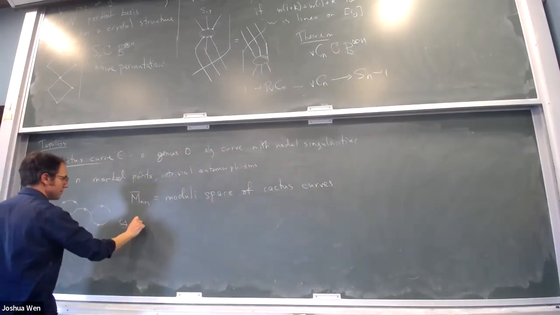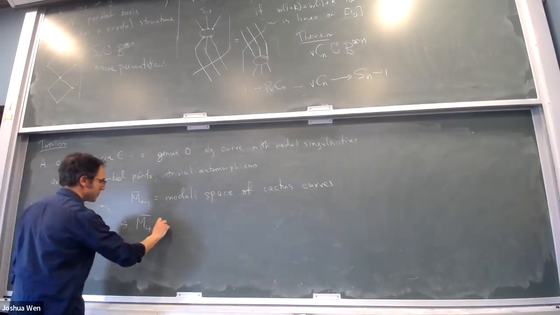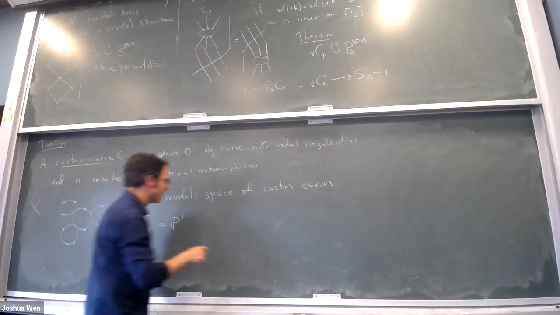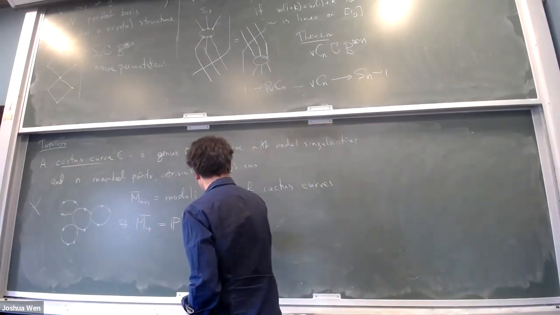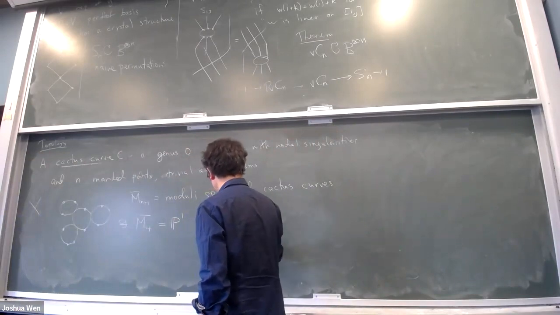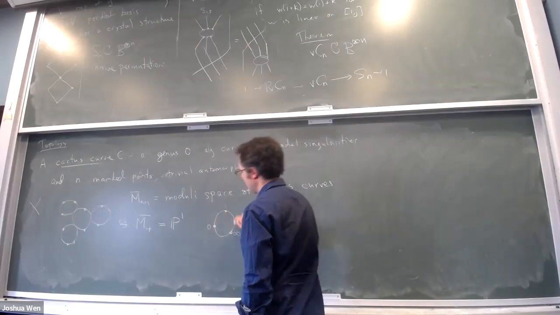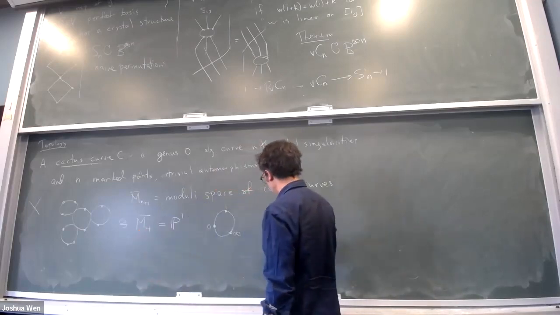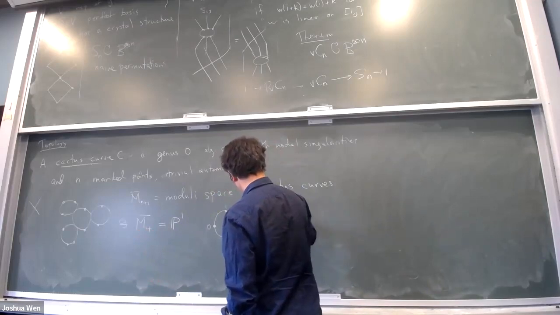For example, if you take n equals 3, so we have 4 marked points, then you just get a P1. So it turns out that using the automorphisms of P1, you can bring the first 3 marked points to any specific spot, which we'll call 0, 1, and infinity. And then you have another marked point, which is running around and can be anywhere, and that defines the element of P1 under this isomorphism. It could sort of coincide with this, but then they go off on the